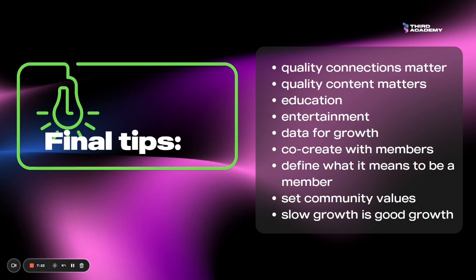And keep in mind, as you grow, slow growth is good growth. We often see people grow by big numbers really fast, and we think that's how it is supposed to look. Oftentimes, bigger communities do grow slowly. We just haven't been paying attention. It will sometimes take communities years to become a true community. So slow growth is good growth. If one member joins, if five members join, if five people show up to your audio space, you have a community. So keep that in mind as you grow.